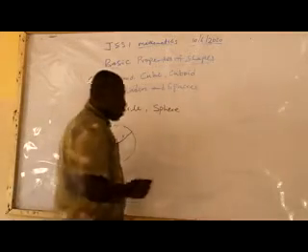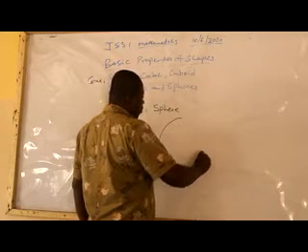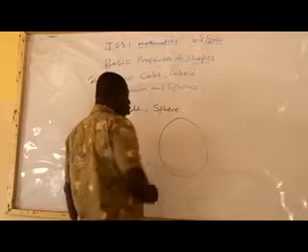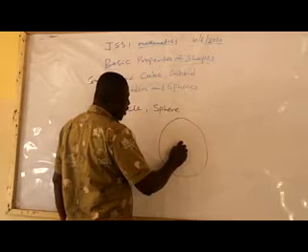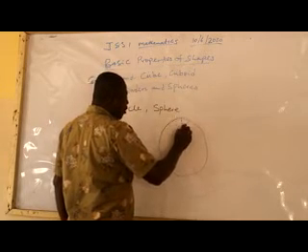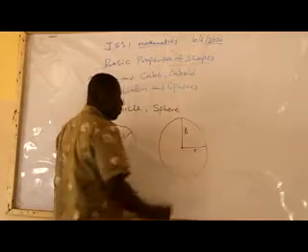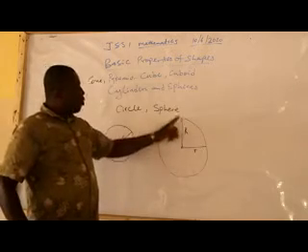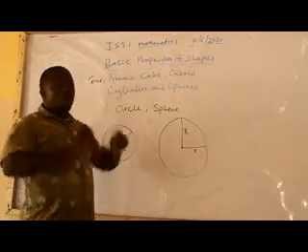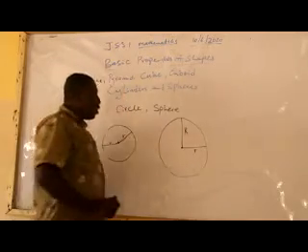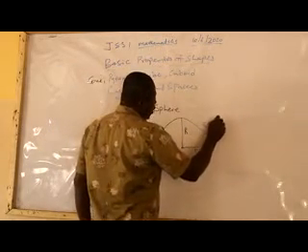But where the sphere differs is that the sphere is circular, quite alright, but somehow oval. So the distance between the center of a sphere to any point on the surface is not equal. So you might be getting something like this. The distance from the center to a point like this might be higher than the distance to the other one. A good example of a sphere is the shape of the earth.